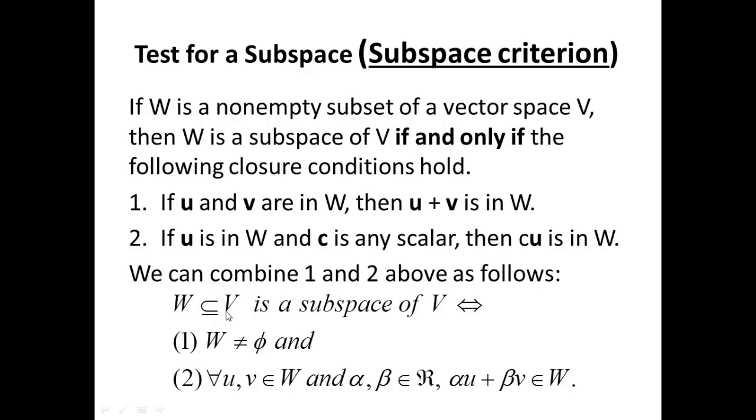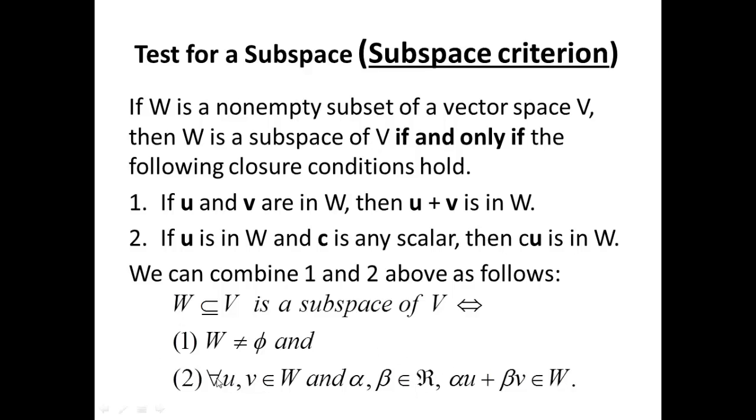W, a subset of V, is a subspace of the vector space V if and only if condition number 1 that you have to verify, W is different from the empty set, is non-empty, and number 2, for every U, V in W, alpha, beta in R scalars, alpha U plus beta V is in W,